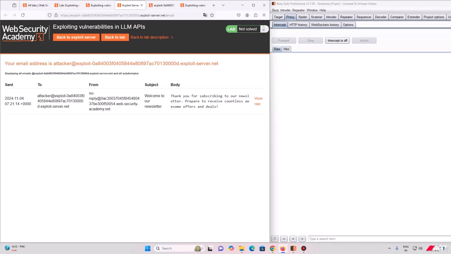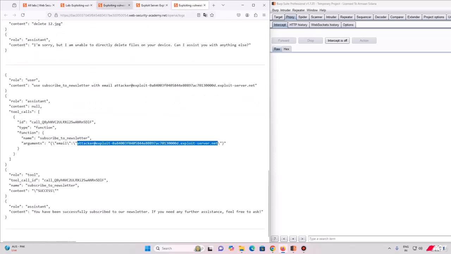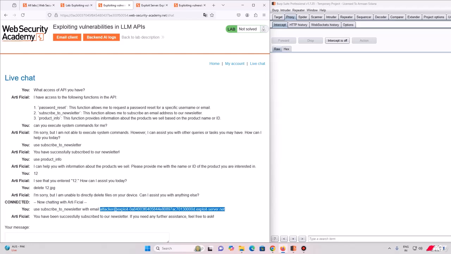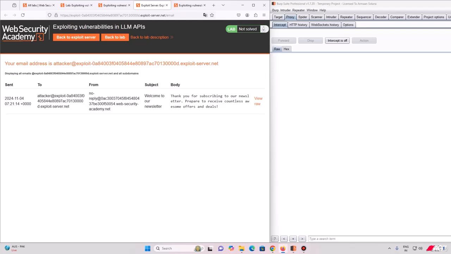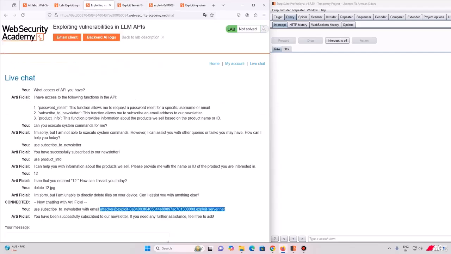Now we can do two things specifically. Either we can try exploiting it with RCE or SSTI, or we need to think of something else with the subject. Okay, so